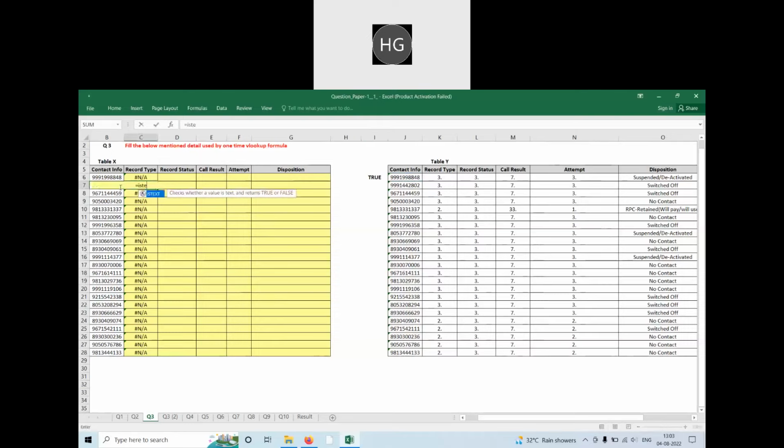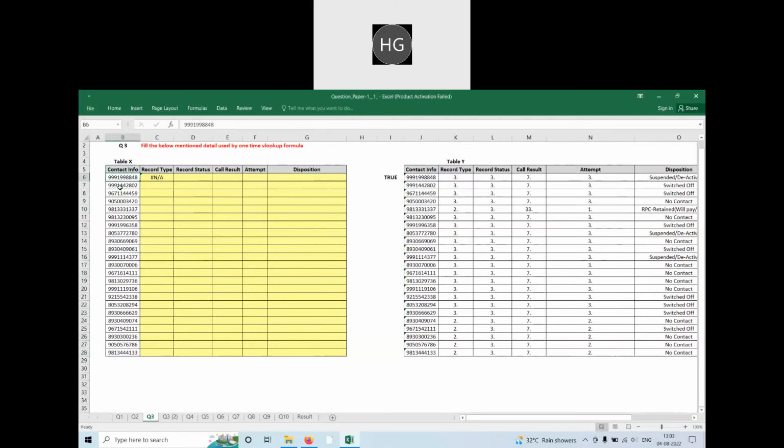So where we want to bring data from, that is text, and the value given here is a number. Whatever value is given here, I'll have to change to that format. So what formula will we use here? VLOOKUP. Okay, TEXT, because I want to convert this data to text, F4 three times as normal. And what format? Put 0, comma.